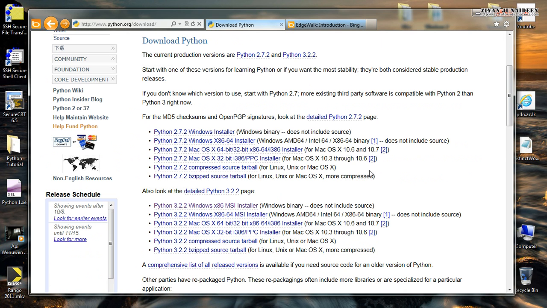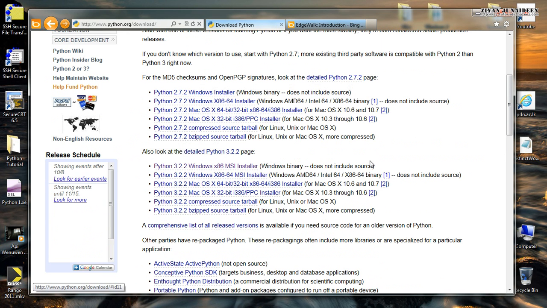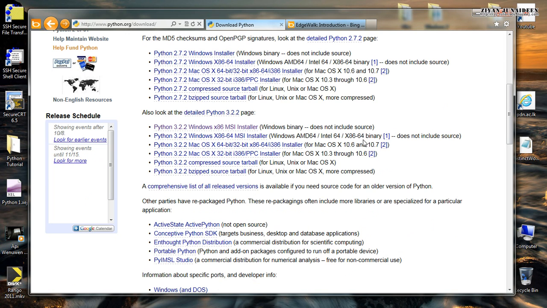The 2.7.2 version, that's the latest of the 2.7 version up to date, and the 3.2.2 version, which is the latest of Python. Depending on when you view this video, the latest version will be different. The 2.7.2 version is a backward compatible Python version, and most of the Python 3 features are backported to Python 2.7. If you are interested in making more backward compatible code, you can use Python 2.7.2. But we are going to look into Python 3